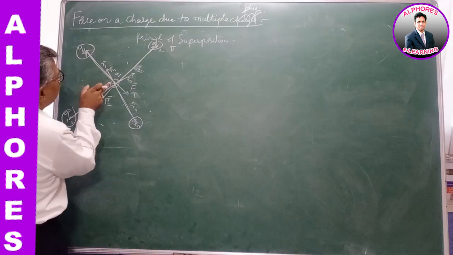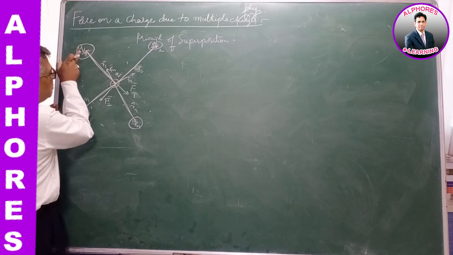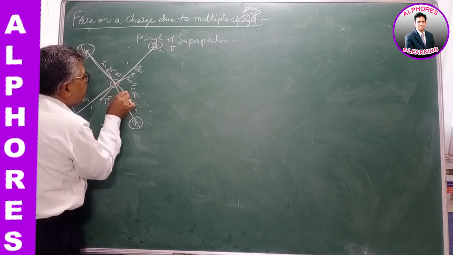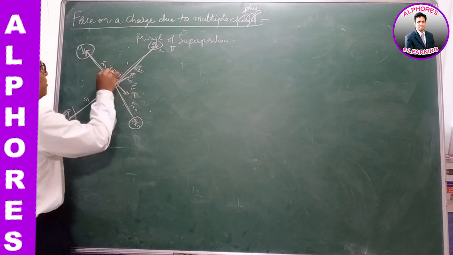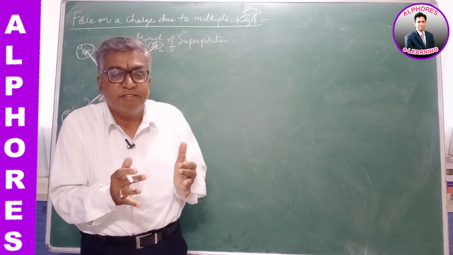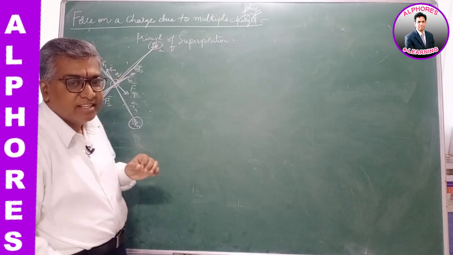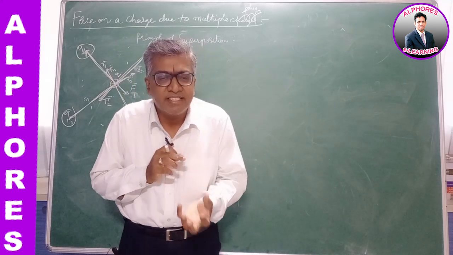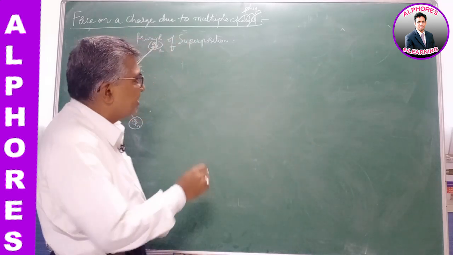So first, if I consider Q and Q1, when all the other things are not existing, the force due to Q1 on Q, that is F1, even with the presence of the other charges, F1 remains as it is. Similarly for F2, F3, due to the third charge, up to Qn. The resultant force on a charge due to many charges in the vicinity, considering all of them simultaneously, is the vector sum of all the forces considered at a time.